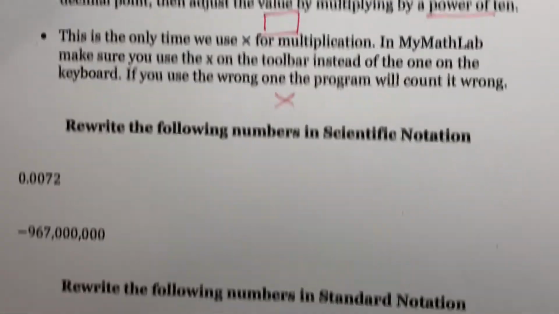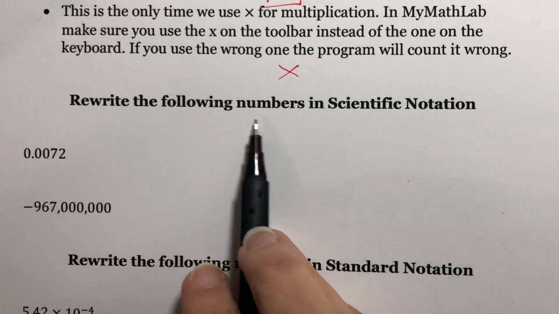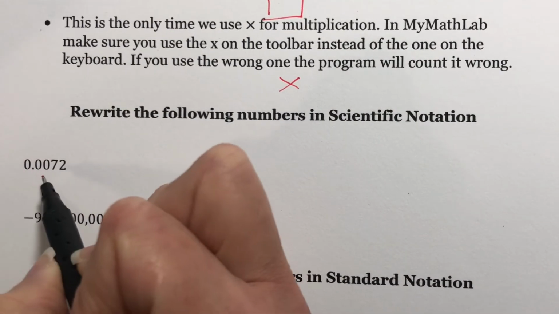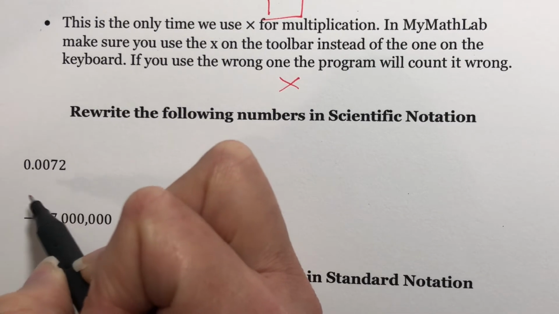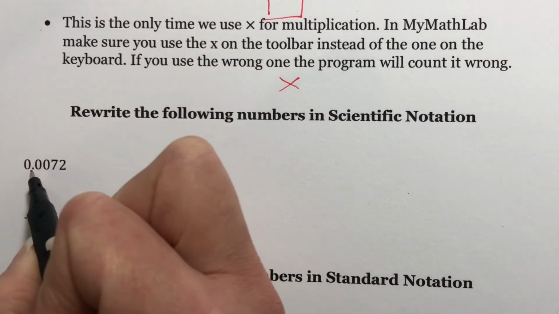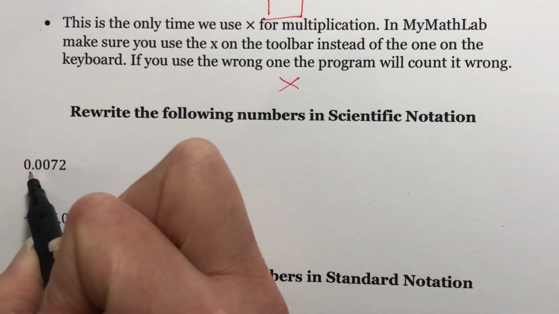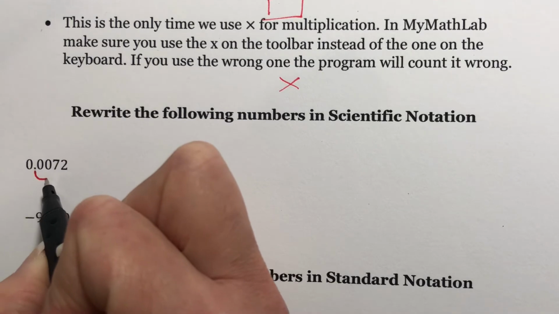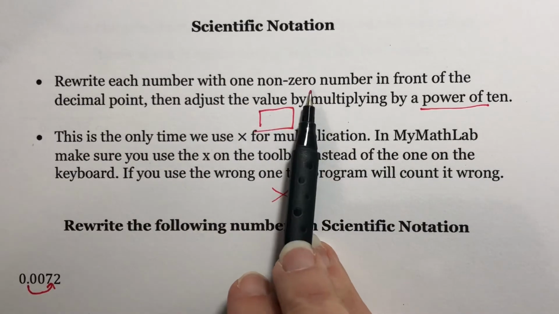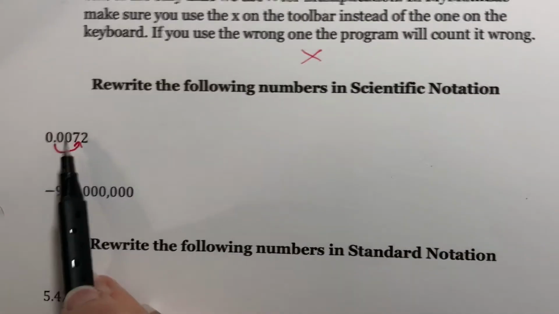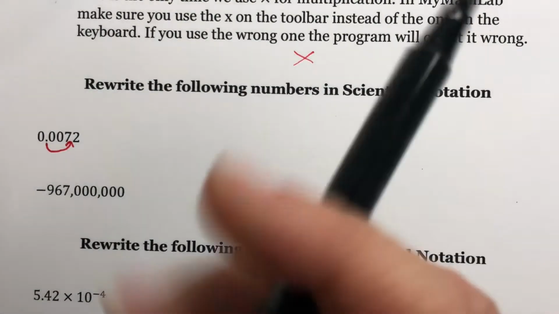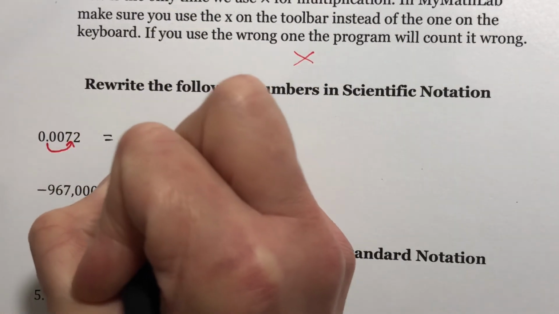Okay, let's rewrite these following numbers in scientific notation. We want to take this decimal point. We don't like having all these zeros. When you start to do calculations with them, it's easy to drop one and you mess everything up. Okay, so we don't want to do that. I want to get rid of as many of these zeros as I can, so I'm going to take this decimal point and move it over to here. We need one non-zero number in front of the decimal point. So I'm moving it between the 7 and the 2. So I have 7.2